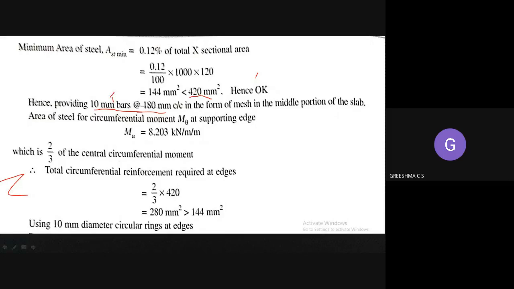420 mm square is the value from the equation, rounded. We don't know whether we'll be able to provide that at the site or not. So we have to find out the AST provided. So what is the AST provided? AST provided is equal to,